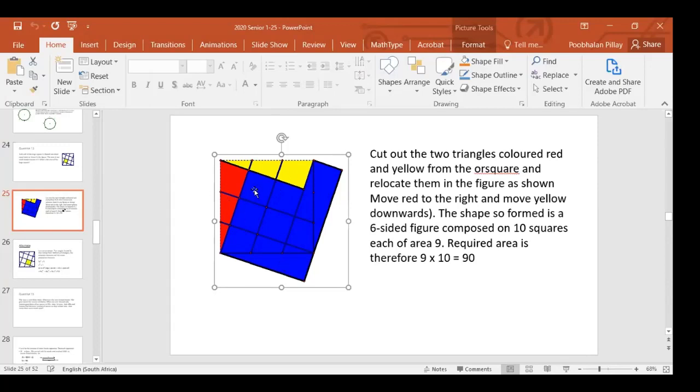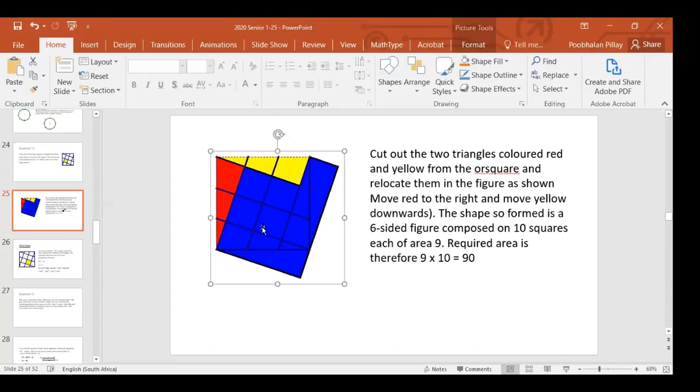And then I saw that this red area is the same as the red area. And this thing here is the same as the yellow area. So, in other words, the original square has been translated into this blue figure. It's just cutting and pasting, right? But the blue figure has got small blue squares, right?